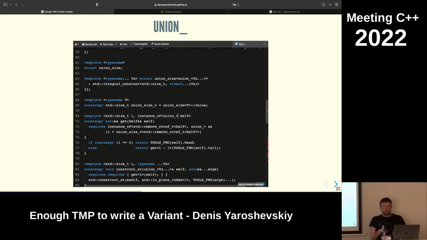So this is a big kind of controversial topic. Like standard ranges concepts like forward range and forward iterator, they will eat up references. Standard regular type will not eat up references. Which one is correct? I don't know. Sometimes I remove reference in my concepts. So here I didn't, and this is why I apply instance of to removing reference, type name. Yeah, this is why I apply instance remove cvref when I do instance of. And the second requirement is, yes, that basically index is less than union size.